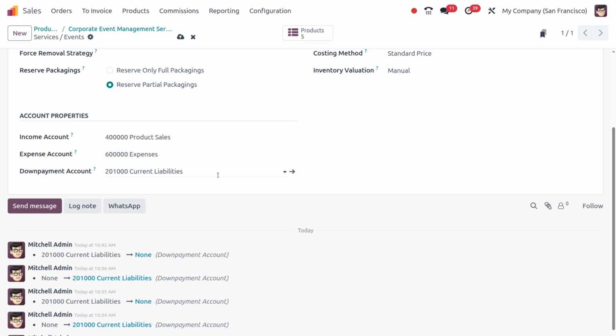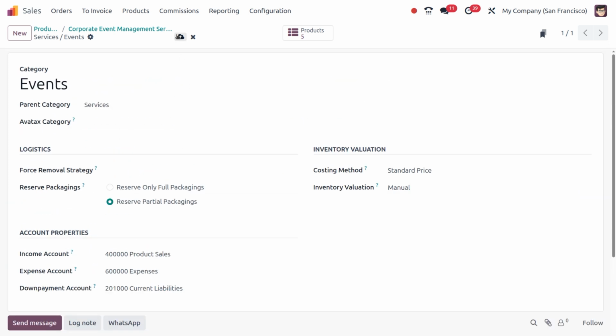So why are we choosing a current liability here? Because when you collect a down payment from your customer, it's basically not earned income yet, right? You're holding your customer's money in advance. So this is basically like a temporary obligation. That's why we use a liability account here. The income is only recognized once you deliver all of the service. Okay. Once you have done with that, let's save this manually,